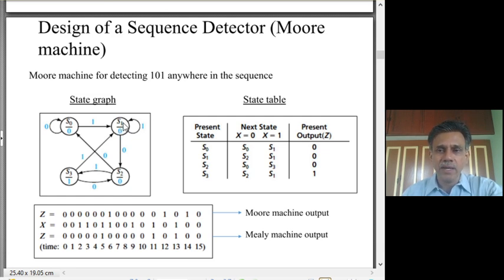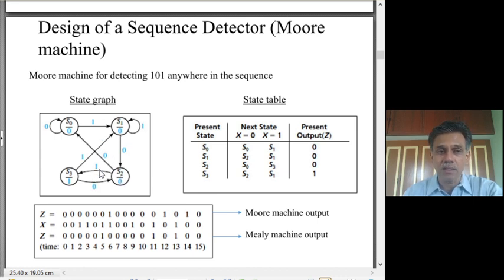Now S1 indicates that the first bit of a possible sequence has come. Again, if there is a 1, well, we have broken the sequence, but this 1 can again be the first bit of a pattern, so you remain in S1. On the other hand, if it is a 0, it could be the second bit of a possible sequence, so you go to a new state, call it S2, but produce still only a 0, because only 2 bits have come. Now in this case S2, when a 1 occurs, the pattern has come, 1 0 1, but